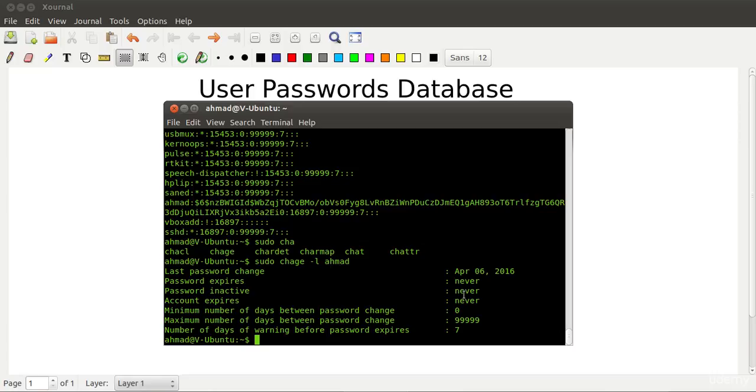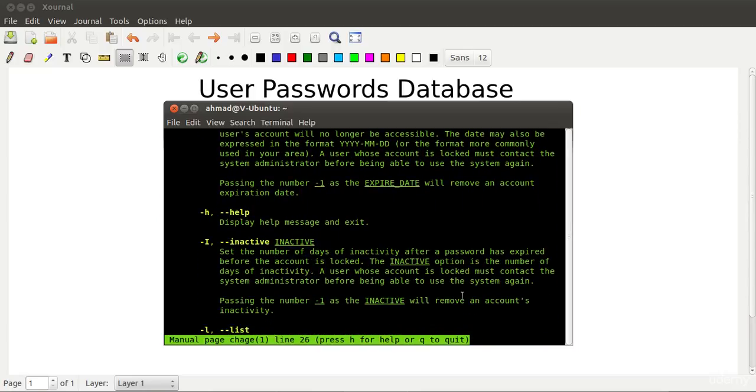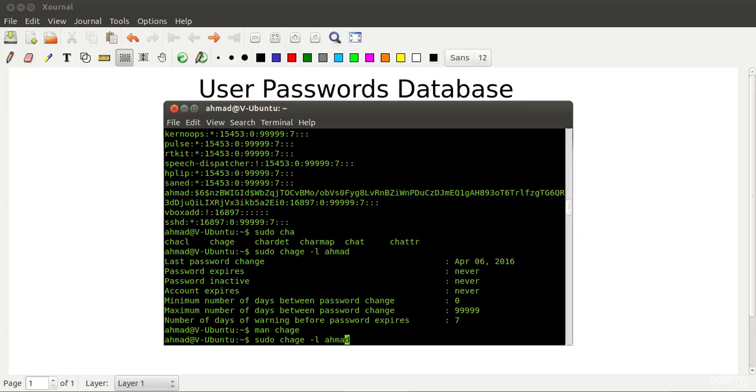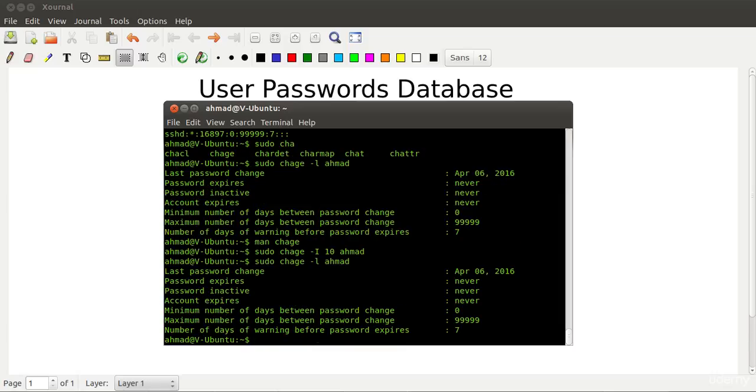For example, let's say I want to make this password inactive, I can define the number of days. If we look at the manual of chage and bring it down, we see that -I or --inactive sets the number of days of inactivity after the password has expired before the account is locked. So let's try to do that. Let's try to change this value to something, maybe -I, in, let's say, 10 days. Now once that is set, if I do have a look at it one more time,